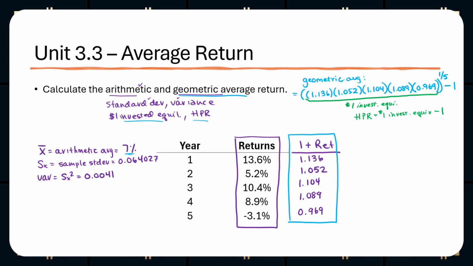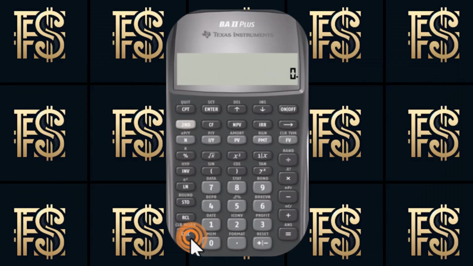So let's go ahead and do this in our financial calculator. We're going to take the 1 plus the returns, so we'll take 1.136, multiply it by 1.052, multiplied by 1.104, multiplied by 1.089, last but not least, multiplied by 0.969. The product of the 1 plus the returns, again, is representative of the dollar invested equivalent. And in this example, the dollar invested equivalent is